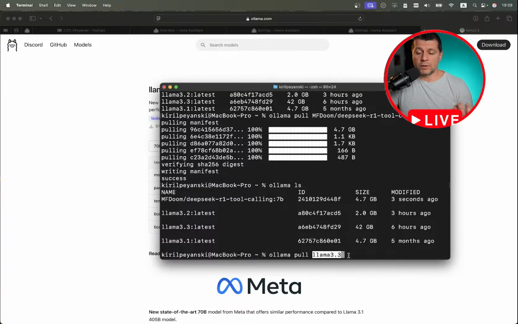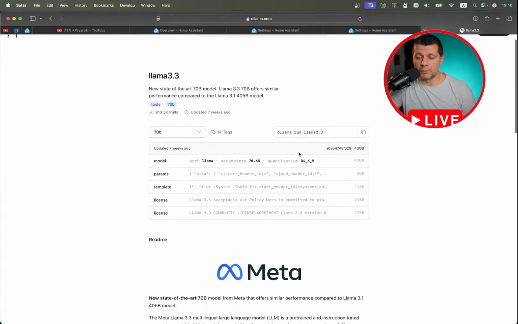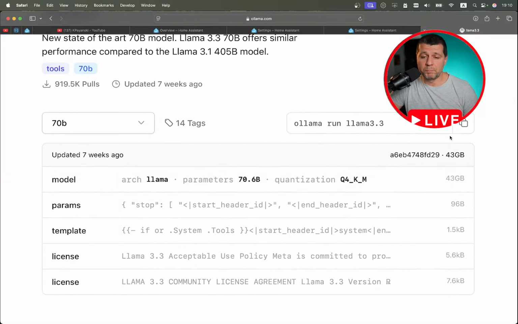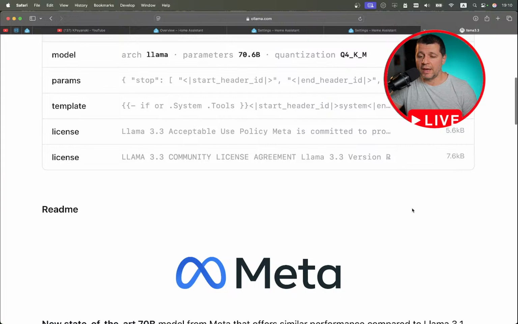Of course, you can even not use the terminal at all. I'll show you how you can easily download a model from Home Assistant, but this is one of the ways, and I use this way. I tried this Ollama 3.3, but look at that, guys. This model is 43 gigabytes, and it is enormous, big, fat,